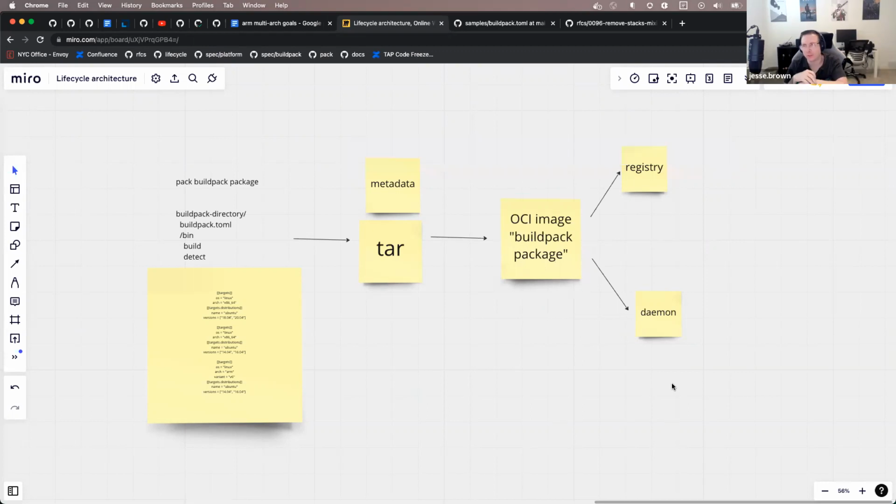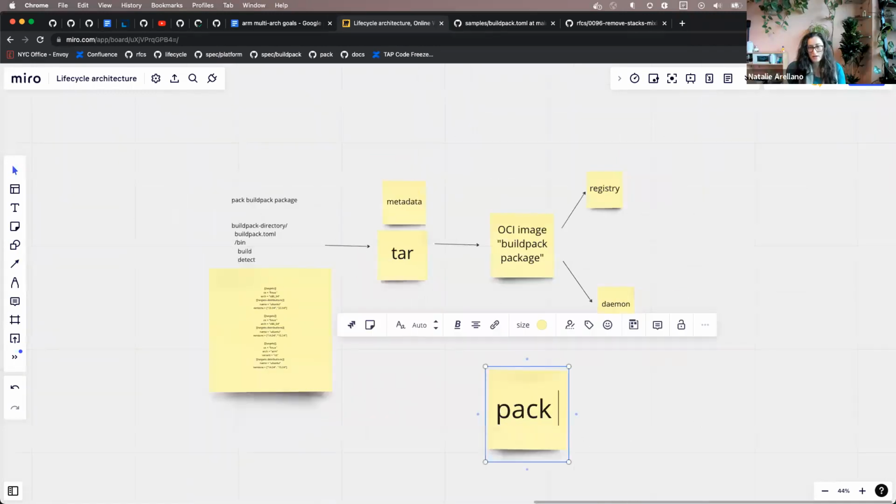Yeah, and these are not runnable, right? These are just basically a tar in OCI. I think it's like one layer, right? Like scratch with one layer or something, maybe two. I don't remember, but it's pretty small. These are the things that are the parameters to --buildpack, though. When you run pack, they're not runnable themselves, but they can be passed to pack in the --buildpack flag, to be used.